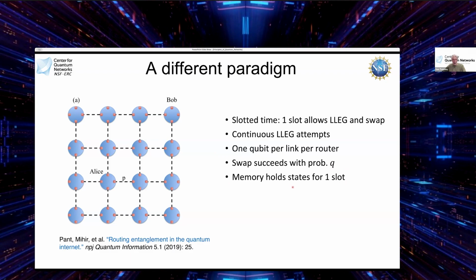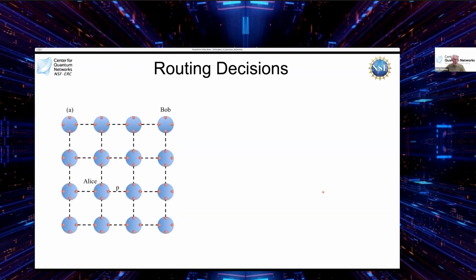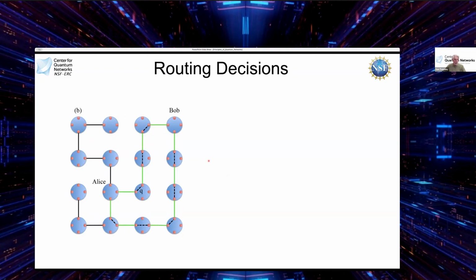And I already stated this assumption. Memory is only good for one time slot. And now what we're going to do is allow routing across multiple paths. And so let's look at an example. Here we have Alice, and let's suppose that we attempted to generate link level entanglement, and where there